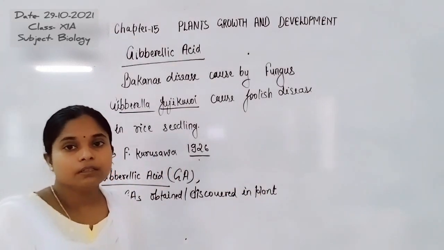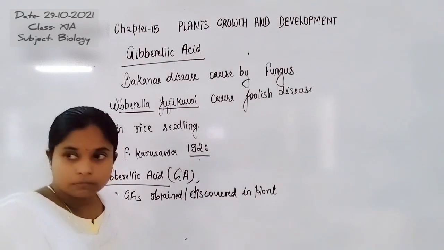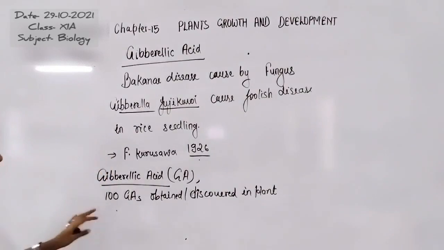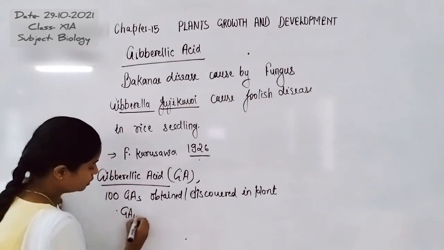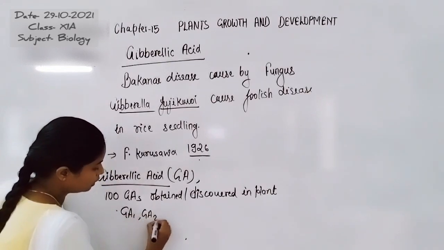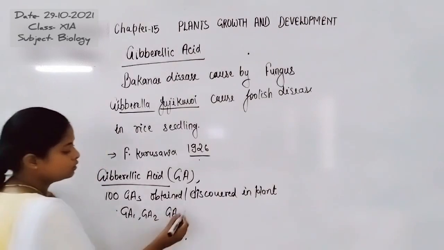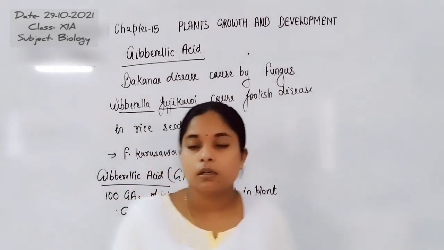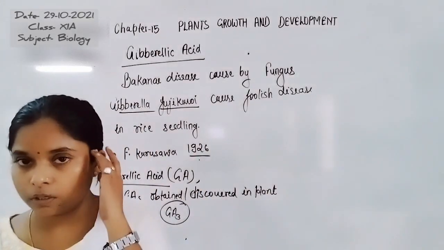Obtained or discovered in plants, 100 gibberellins, like GA1, GA2 and GA3. The GA3 is most known as gibberellic acid, and if we are going to talk about the function of